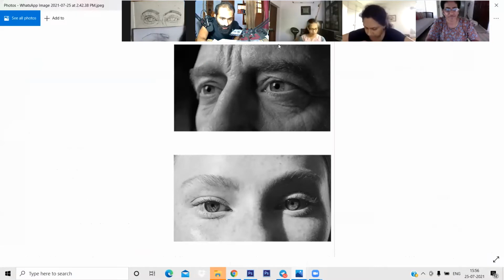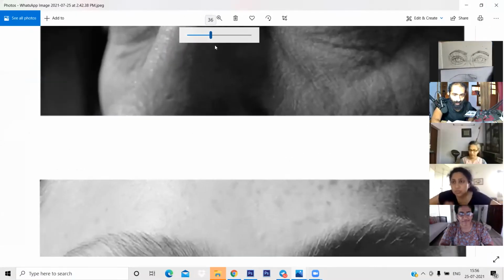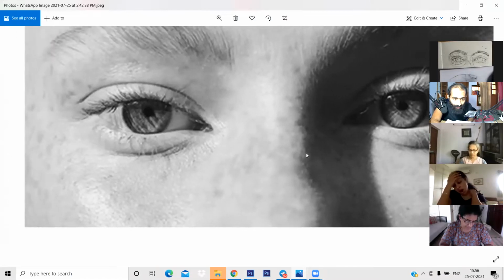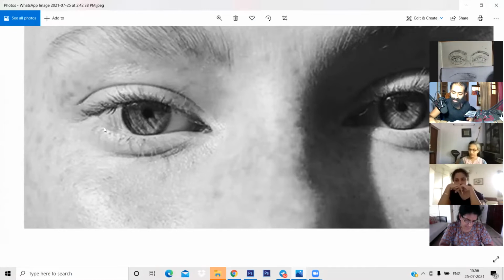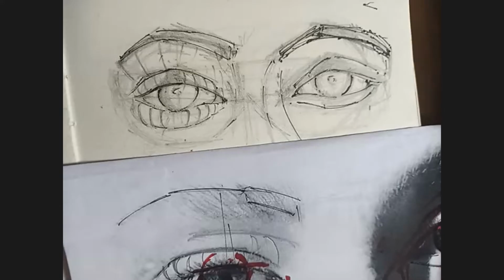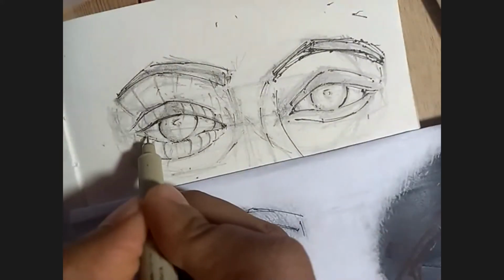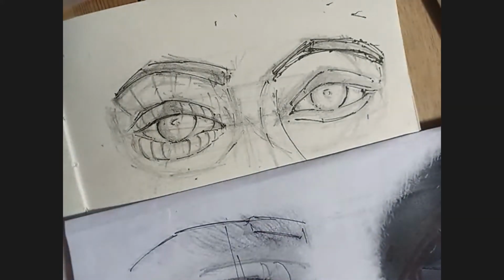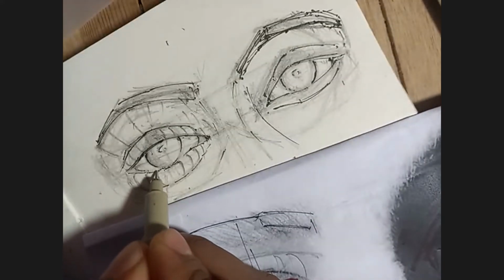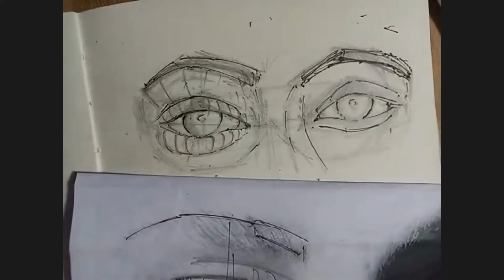So let's look closely at this one. See, for this one, it is there, but it is hardly visible. For this side as well, it is very lean, very, very narrow. And I had given hints of this. I had just given suggestions of it. So in my drawing here as well, I had given a slight suggestion. Notice this. It's not that strongly visible, so I didn't draw it out, but you can of course draw it out.